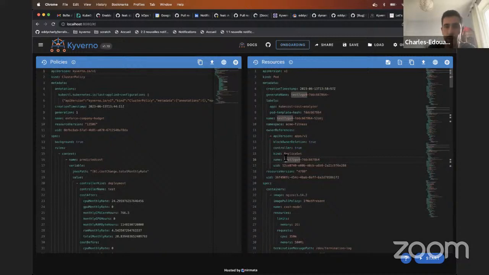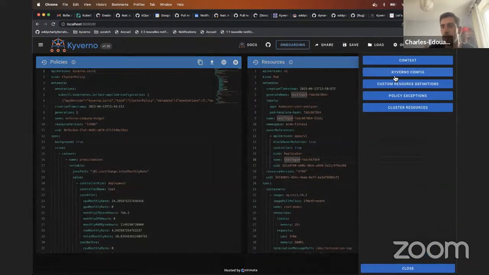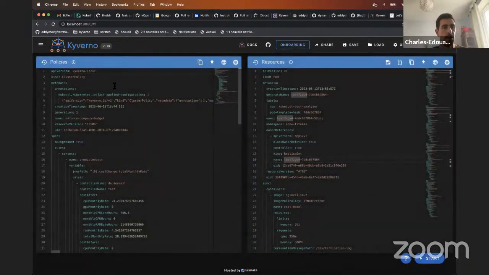And we say true or false. Will your resource be accepted or not? The advantage is that when connected to a cluster, we can use the real Kyverno config map. We can probably have information about the flags that were passed to the Kyverno admission controller. So all these advanced options could be directly inferred from the underlying cluster, and the policies could also be inferred